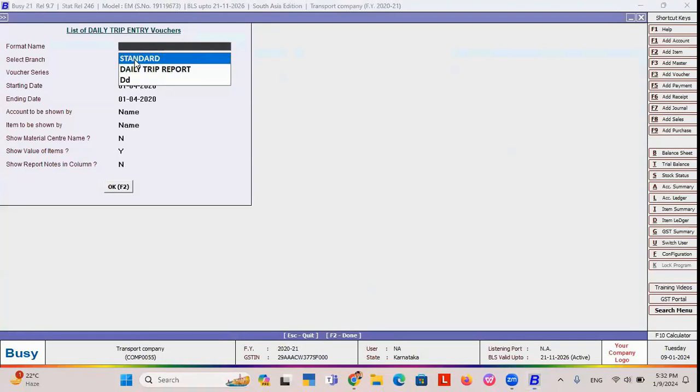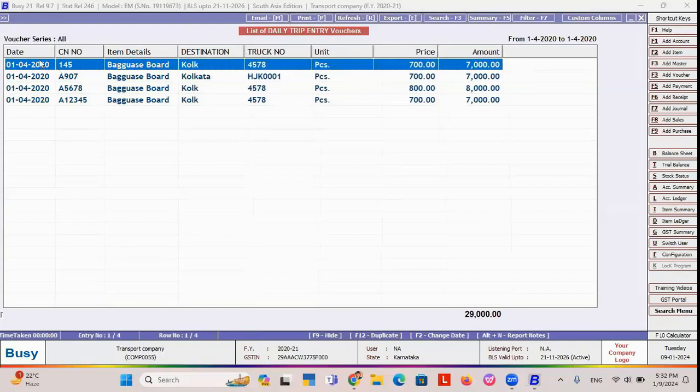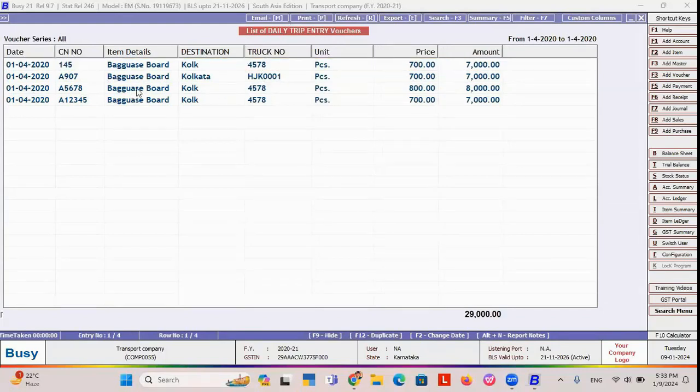So in this case you can also configure your report, that is through custom column. Right now you can see I have created a format name called daily trip report. So यहाँ पर आप जो है देख सकते हैं कि इसमें मैंने कुछ फील्ड जो है पिक किए हुए हैं थ्रू कस्टम कॉलम ऑप्शंस. So here you can see date, the CN number, the trip number, the item detail, the destination, the truck number, the unit, the price. So you can see that I have picked some field as needed in the daily trip report or in the